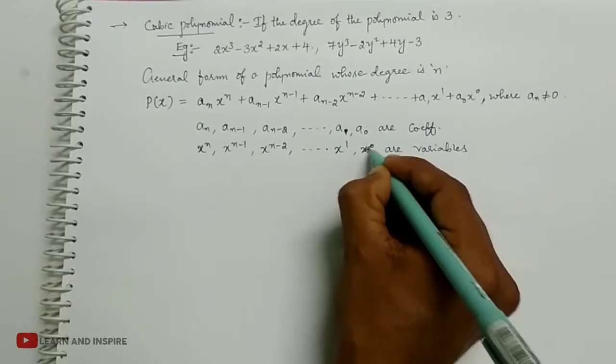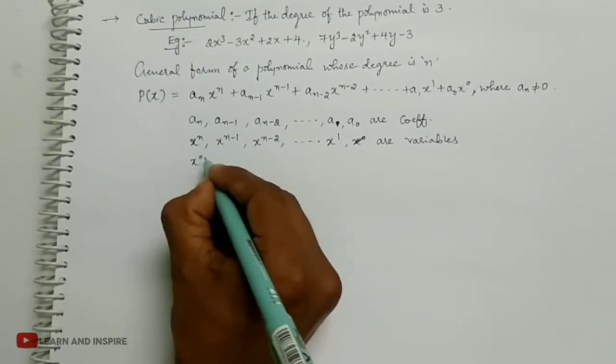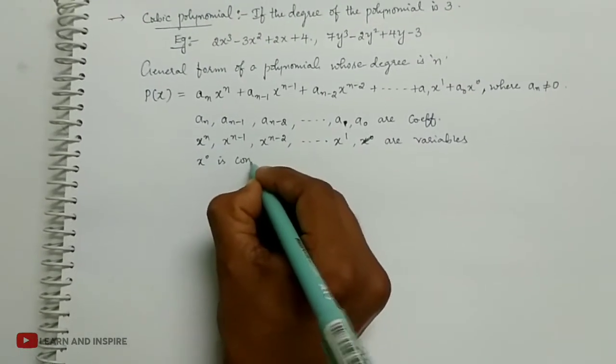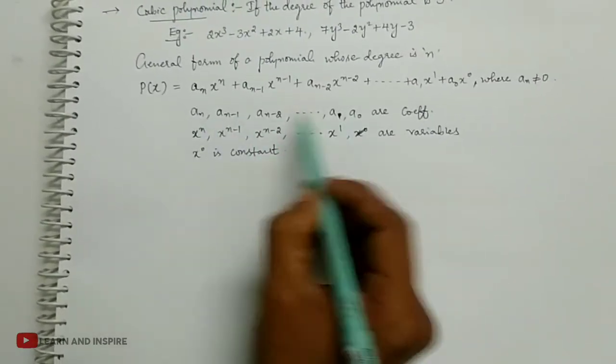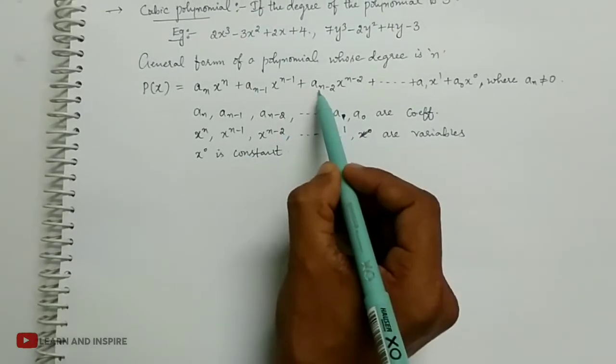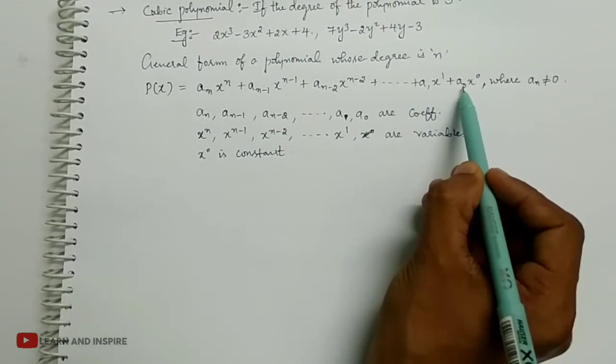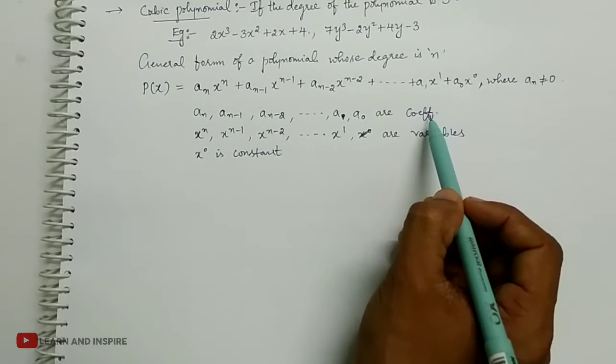So x power 0 is a constant. Understood? So you can see an minus 1, an minus 2, so on, a1, a0 are coefficients, whereas